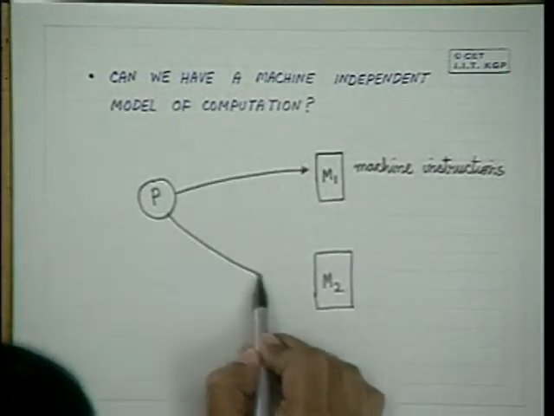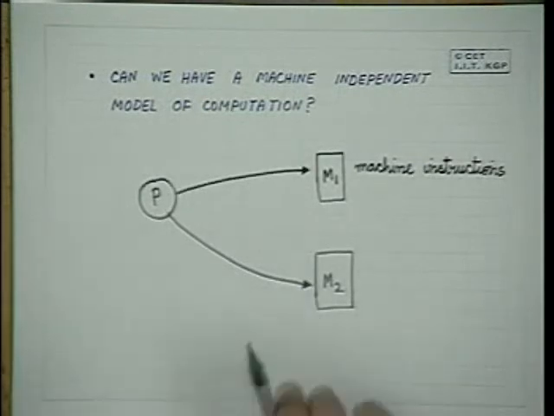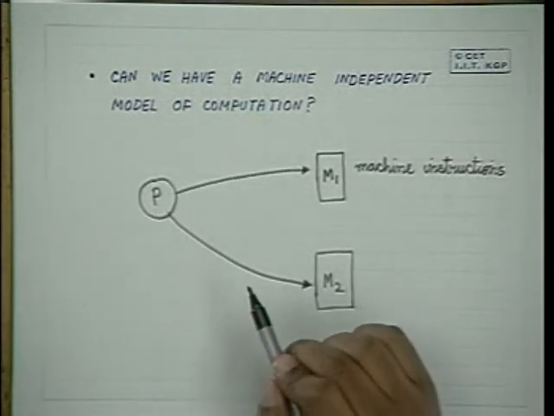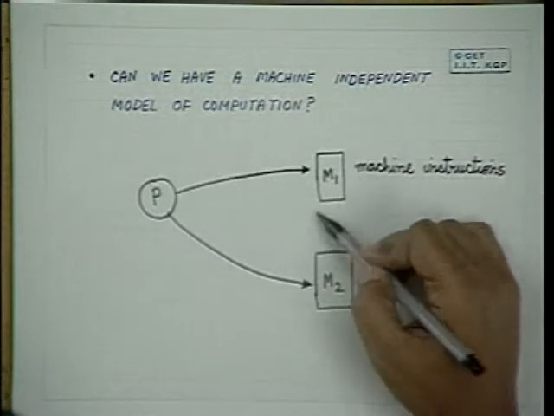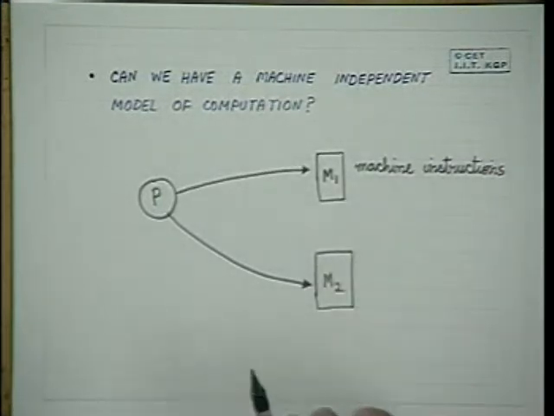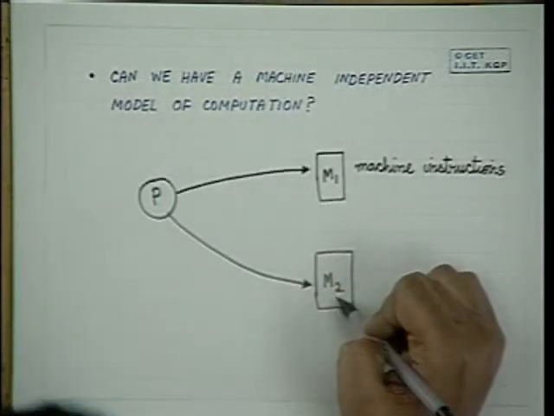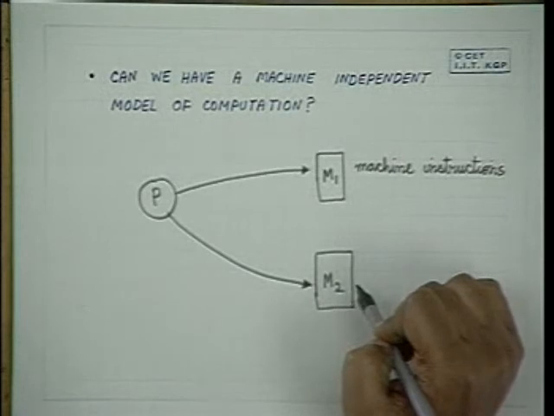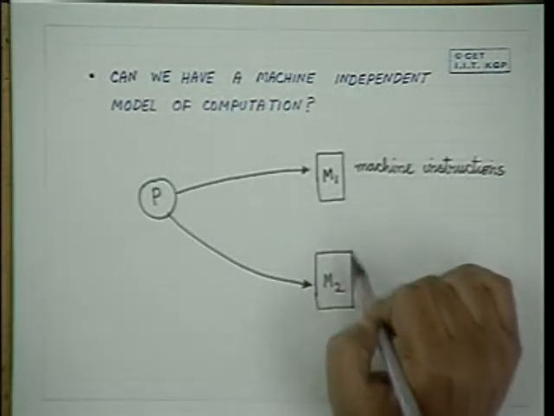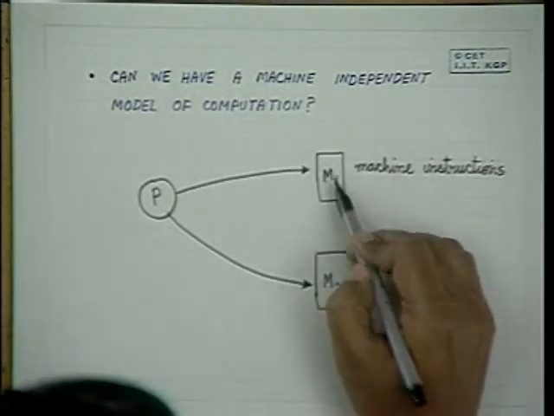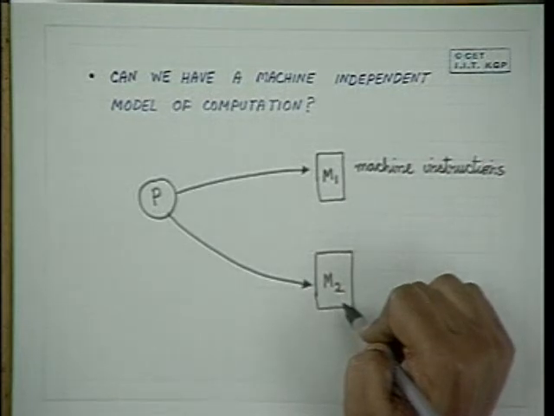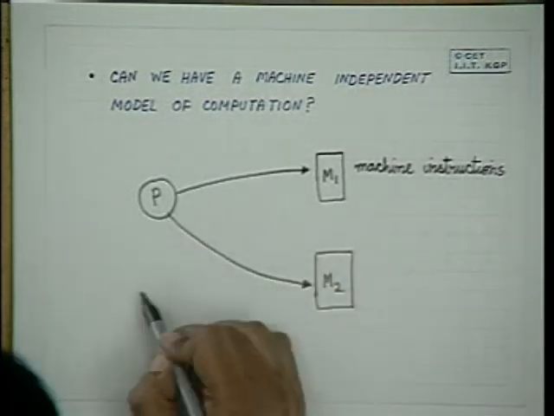It will convert it into the machine instructions of M2 if we want to measure in terms of M2. And then when it executes on this machine, we get our CPU time computation. So if the two machines are different in terms of their instruction sets also, it will become difficult to compare. On the other hand, if they had the same instruction set, then you could have seen P1